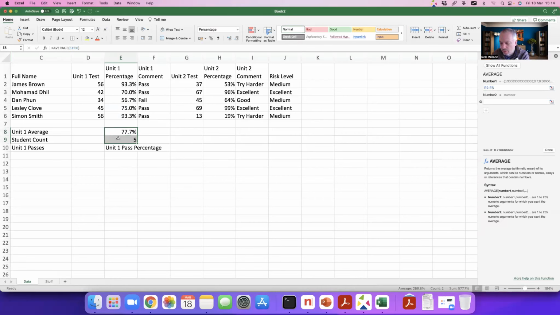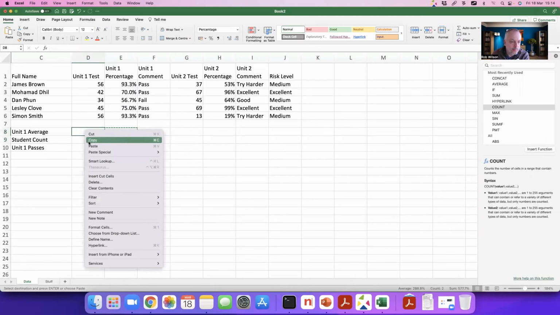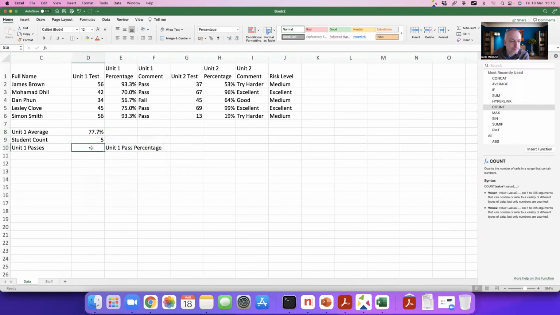So I really meant to put those in the other columns. Let's just cut and paste those there. So we count the number of students. Maybe we want to count the number of passes. So this time